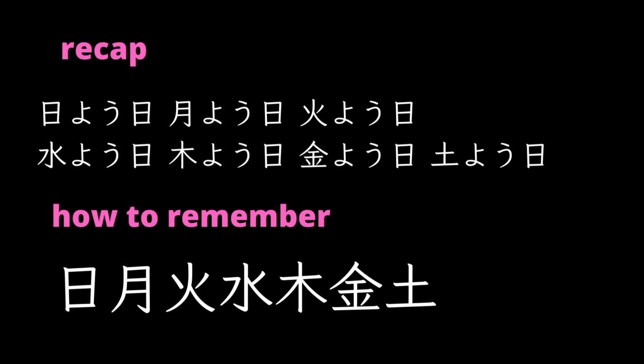Recap. 日曜日、月曜日、火曜日、水曜日、木曜日、金曜日、土曜日。 How to remember. 日、月、火、水、木、金、土。